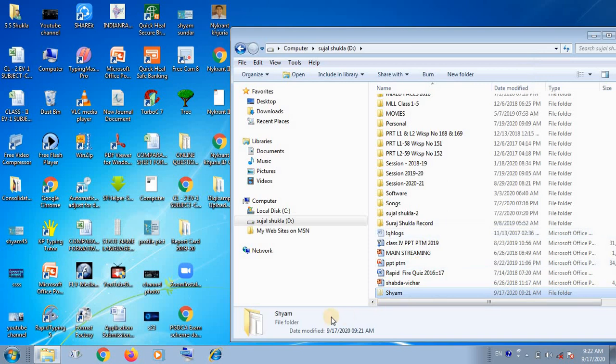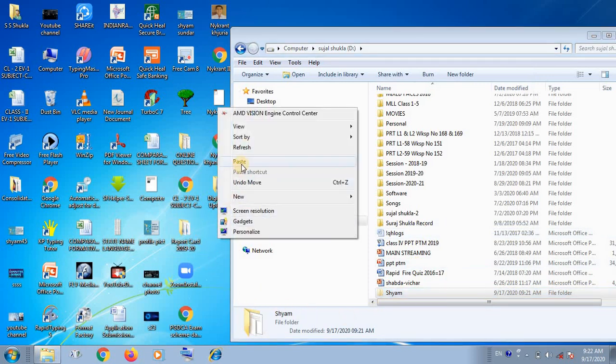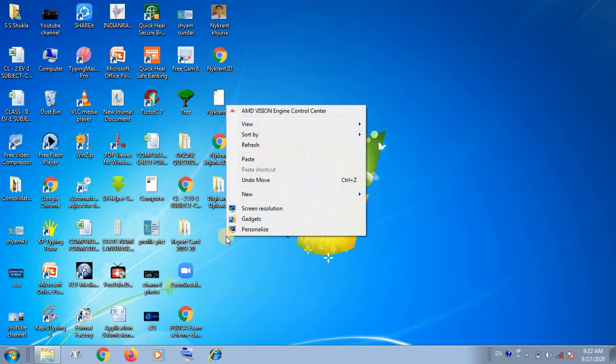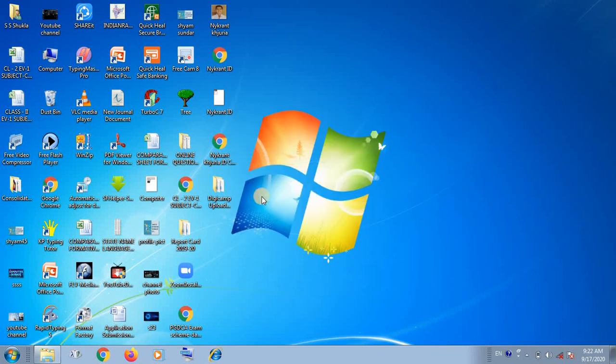Okay, cut here and again come to the desktop screen, minimize the screen and come to the desktop, right click and click on the paste option. In this way you can move both file and folder.